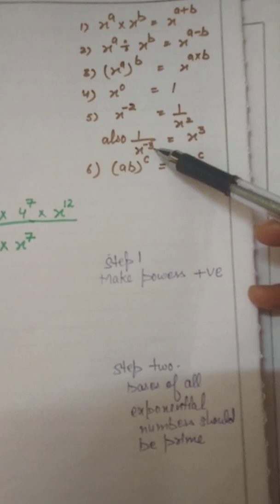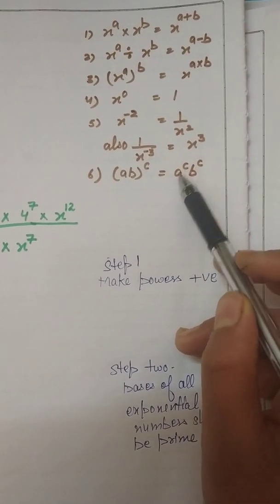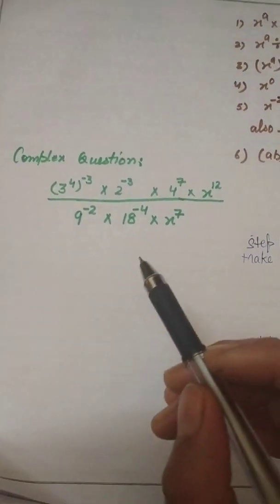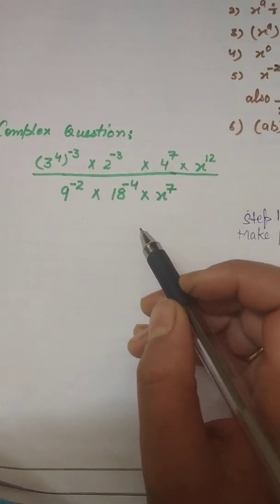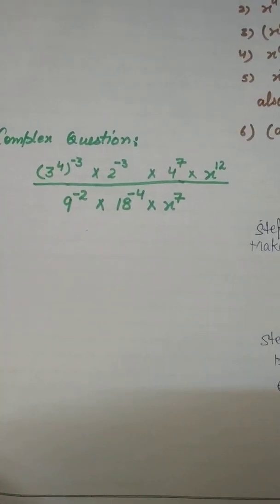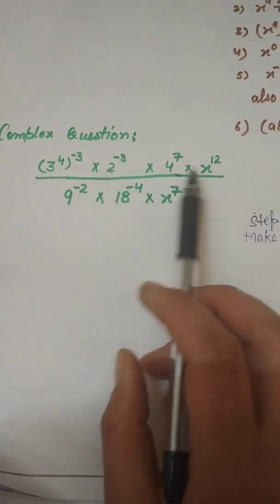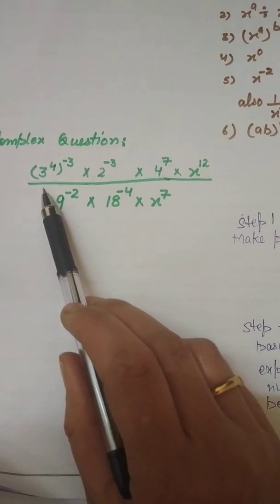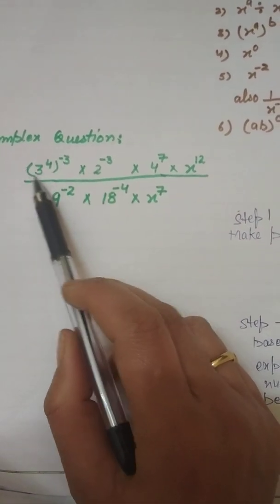Very simple. Okay. The other one is: if 2 things are raised to power c, then each one of them is raised to power c. Now, what I tried to do in the solved example is this. Let's focus on this another sample question, sample complex question. Here you have 1, 2, 3, 4, 5, 6, 7 exponential numbers. These are called exponential numbers because this is some number. We don't know which one this is. We'll get to know after solving this.